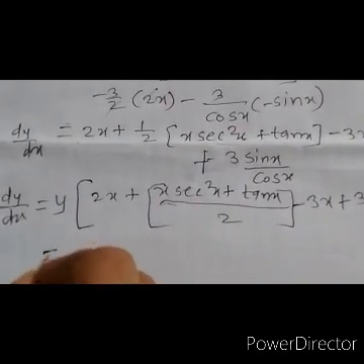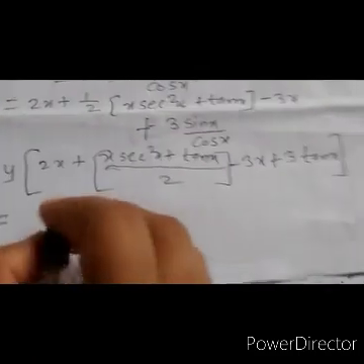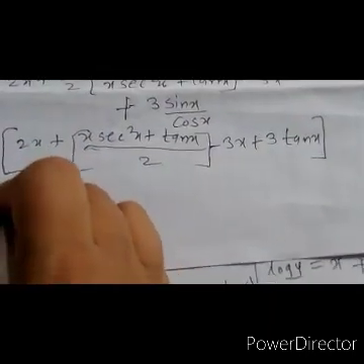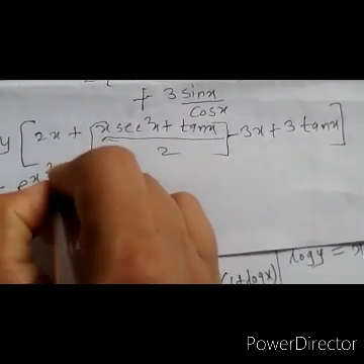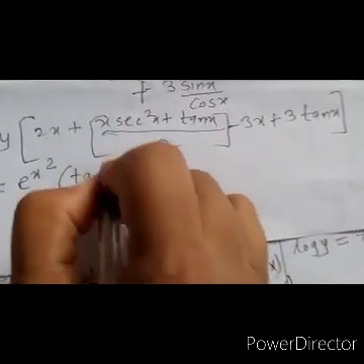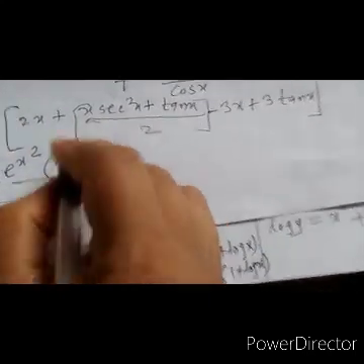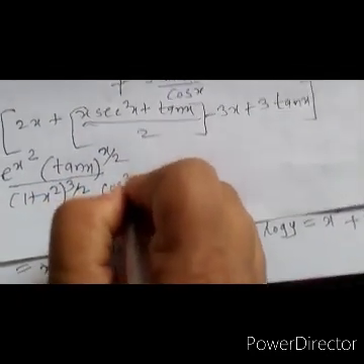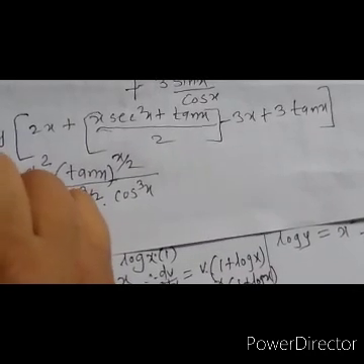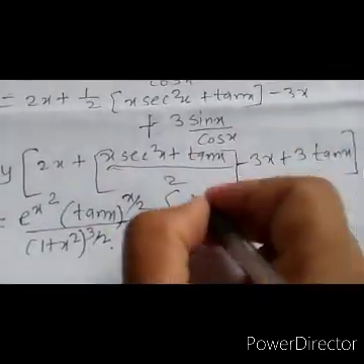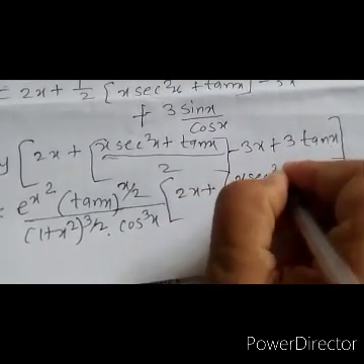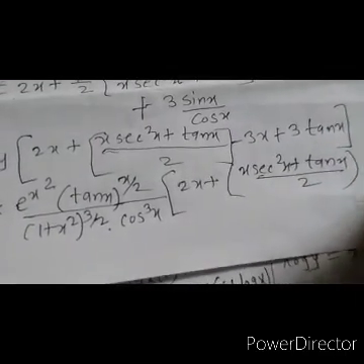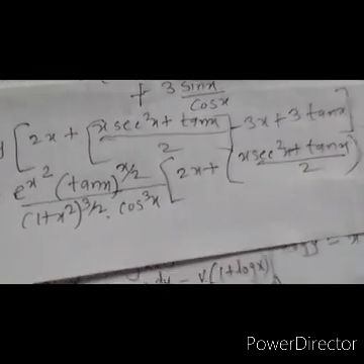Now put the value of y, and already we know that the value of y is e^(x²) into (tan x)^(x/2) upon (1 + x²)^(3/2) into cos³x, and put the value of this bracket, 2x plus (x sec²x plus tan x) upon 2, minus 3x plus 3 tan x,